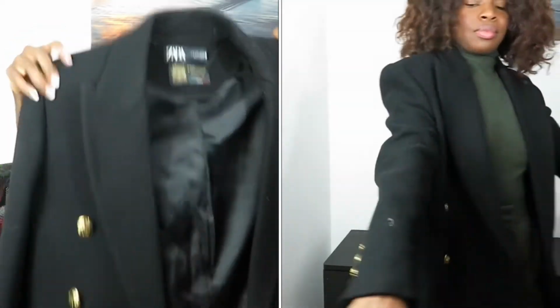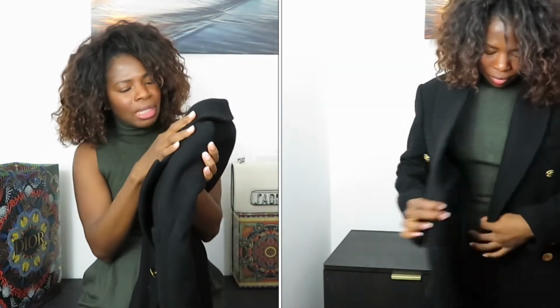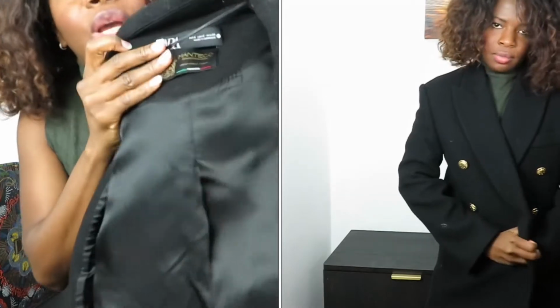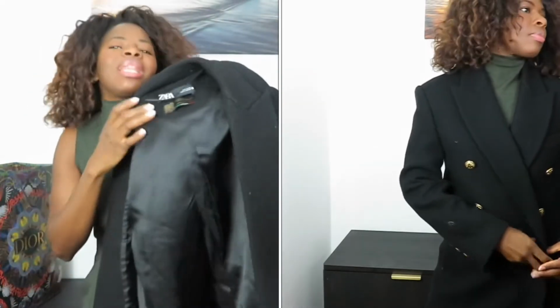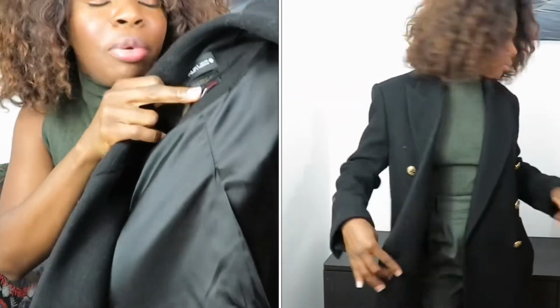Even if you're wearing your joggers, you just pop this over, it just makes you look so dressy. It's from Zara, but it's made by the brand called Montico. So I've got a brown coat. I think H&M and Mango use this brand. It's like an Italian textile company that makes coats. So if you're ever buying coats from these companies and you see this